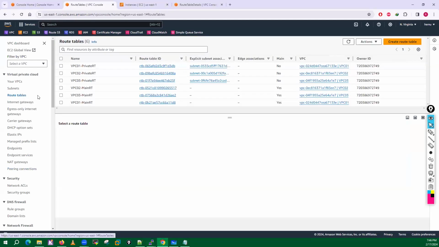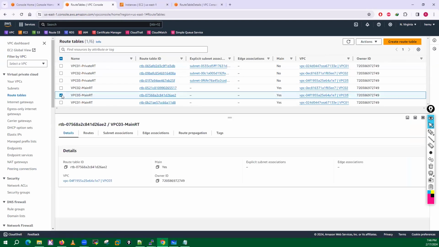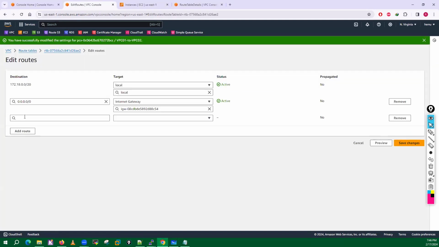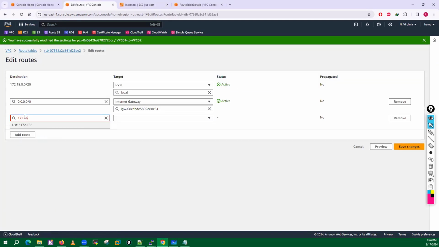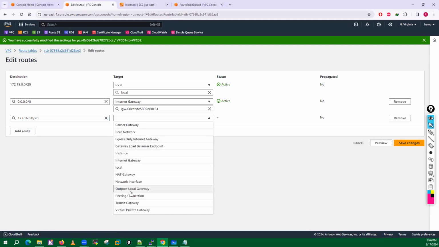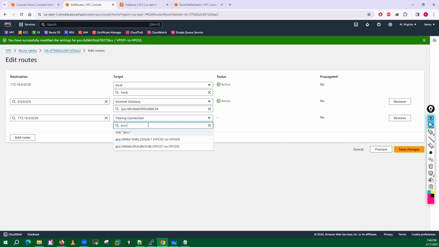So I'll go into VPC3 main route table, into the routes, edit the routes, and I will add two routes. The first is 172.16.0.0/20, next is the VPC peering, and that peering connection is the one between VPC1 and VPC3, because I am modifying the route table of VPC3. Okay.